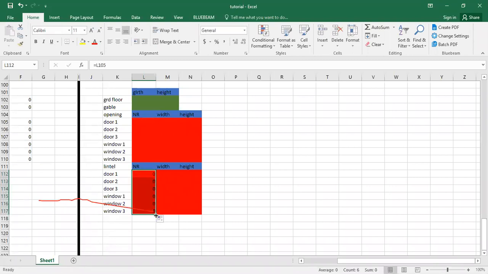Now, for lintel, we only need the width of the window and door. We don't need the height. Let me give you an example. If you have a door of 0.9 by 2.1, say 3 doors, and you have a window,